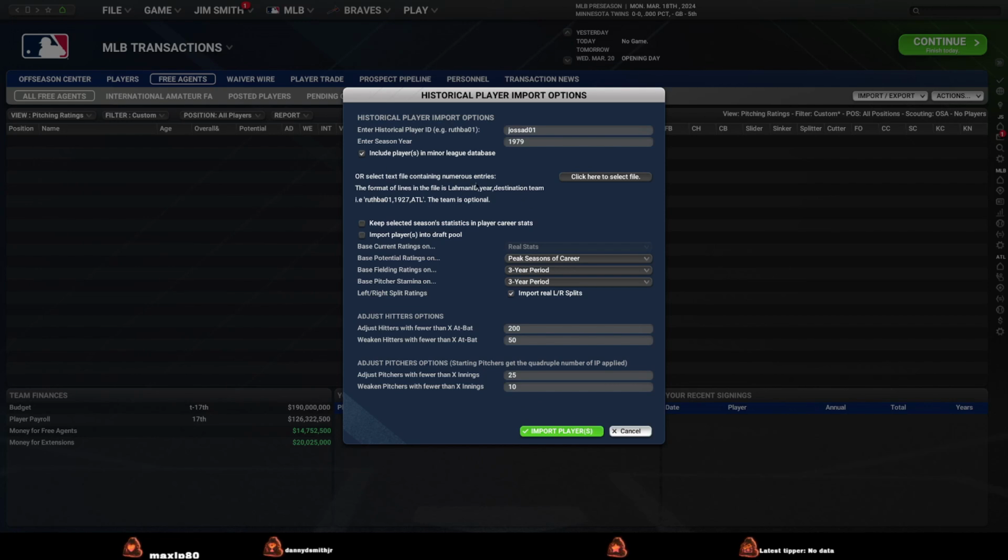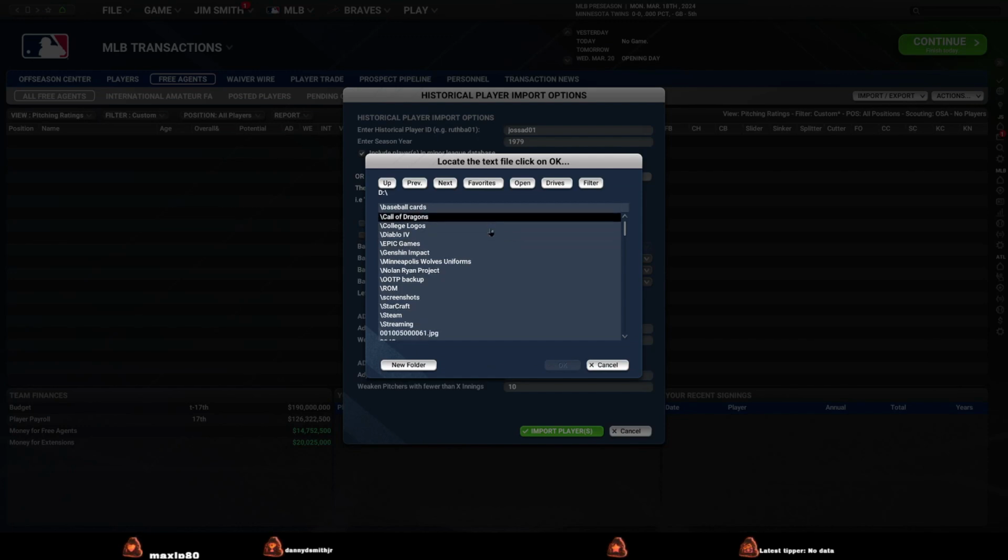And now I'm going to use this section right here. And this is where I read this. It says, IE Ruth BA01, 1927, ATL. And then behind it, it says the team is optional. So you do not need to put a team on if you want your players to go directly into free agency. So I will click on here to select file,